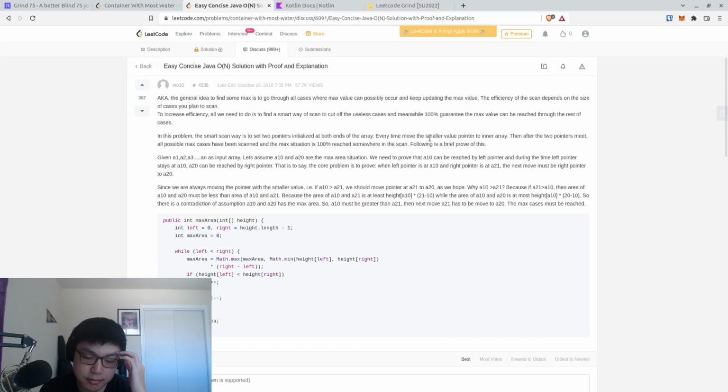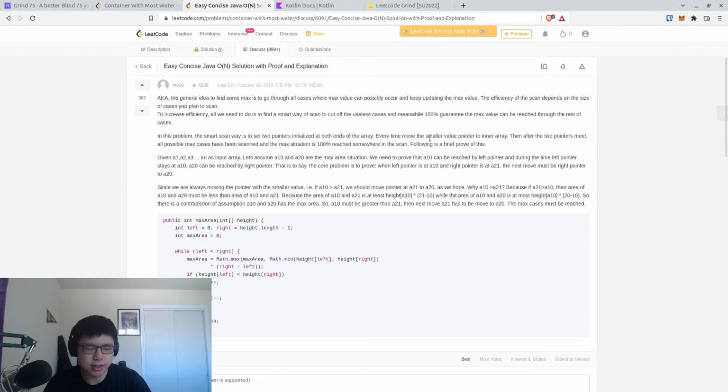Hmm. Because if a larger area exists than the one that we currently have, then first of all, because we're starting at the edges, we're maximizing the width. So we don't care about the possibilities including the width, because we've already maximized the width in that case. Beyond that, we don't really care much about the width. We kind of just care about